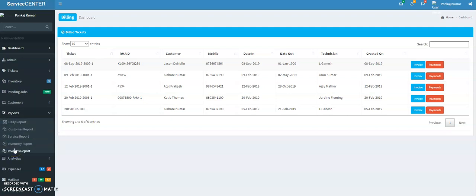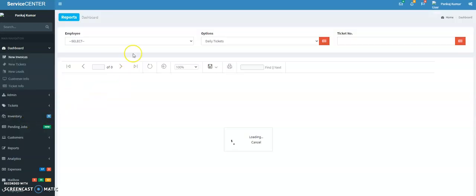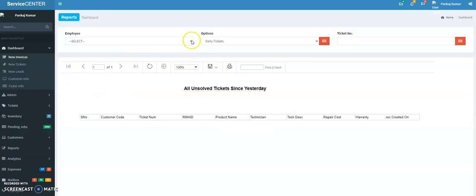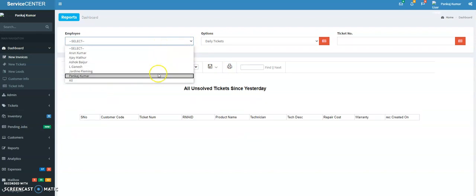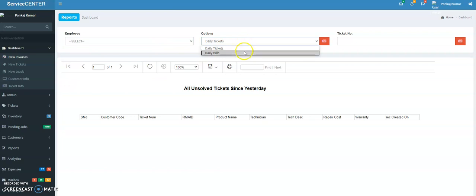Then we have reports. We have daily reports, which display the report by each employee, or by option daily tickets or daily bills, or by the ticket number. The report will be displayed on this screen.